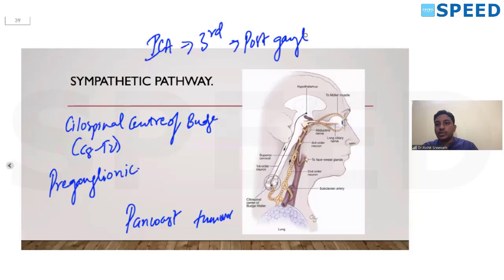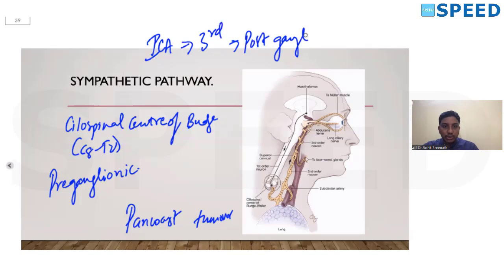So what is the significance of preganglionic and post-ganglionic? In order to diagnose Horner syndrome, we use 4% cocaine, and in order to differentiate between preganglionic and postganglionic, we use hydroxyamphetamine 1%. A Pancoast tumor will be preganglionic, while an internal carotid artery aneurysm will be postganglionic. And remember, the aneurysm will typically be painful. In an aneurysm, the Horner's is associated with ipsilateral pain in the face and in the neck.